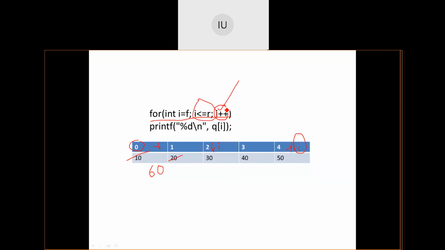Can anybody comment on this? Correct. I is equal to I plus 1 mod size. All of you are right. Then what can be the termination condition? I less than equal to count? Cannot be, Afzal.